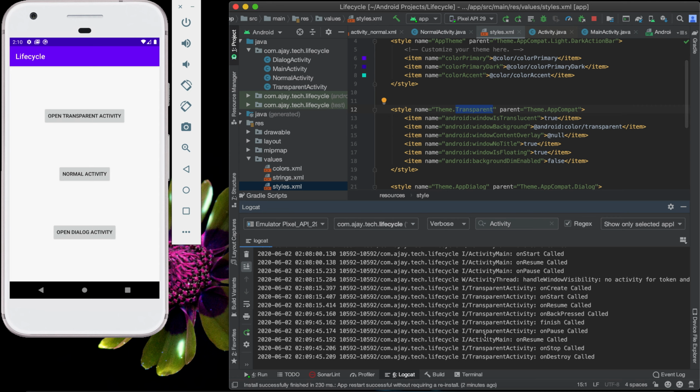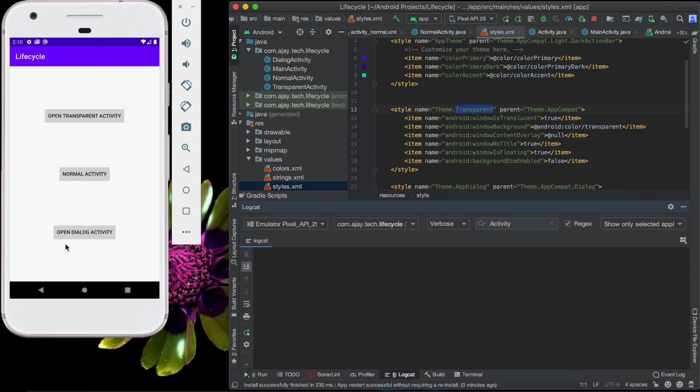In this case the main activity directly calls onResume, because our main activity did not go into the onStop state. That's why onStart will not be called; directly from onPause to onResume will be called. And the transparent activity goes to the stop state, then destroy. So this will be the life cycle when we open a transparent activity.